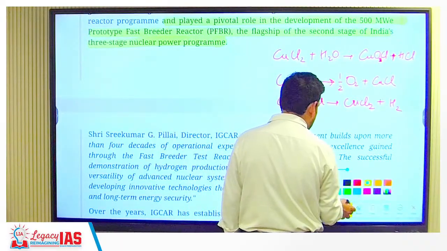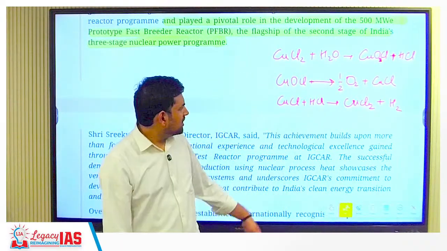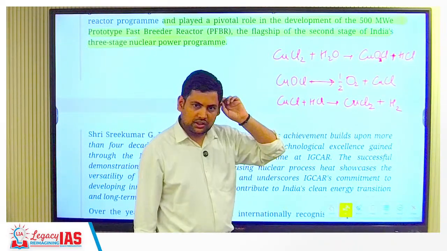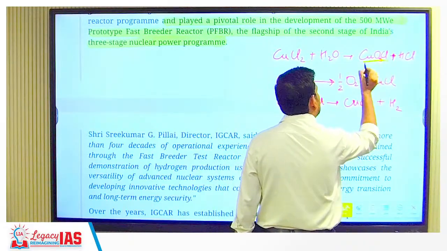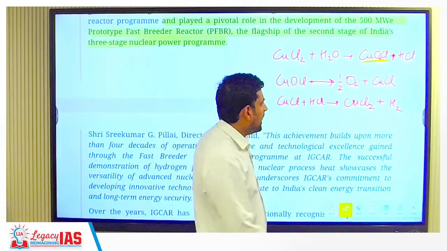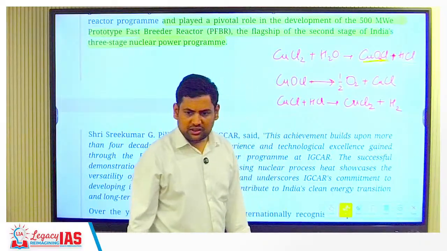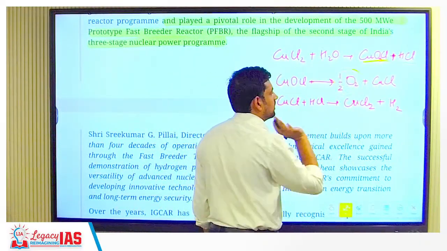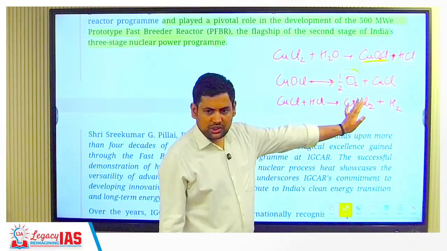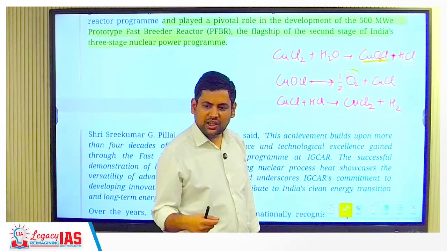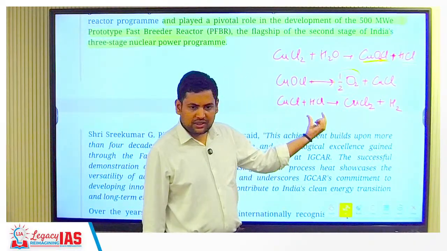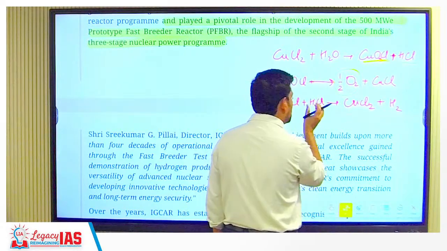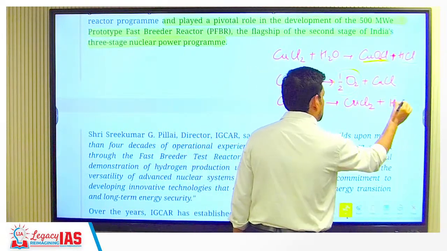I'm not balancing the reaction, you just focus here. So basically what happens, they take, can you see copper chlorine, so CuCl2 plus water. Now it will form some intermediate compound like CuOCl like this, and you will get HCl. HCl is hydrochloric acid from this. Now after that CuOCl, if you keep heating it, you can get oxygen out of it. This is what we wanted. Then some CuCl is released, but copper usually likes to stay in +2 form. So CuCl, if it reacts with HCl, it will become CuCl2. So Cl is gone. What is left? H. So if you take two HCls here, you will get H2.